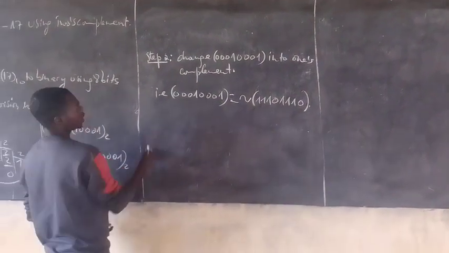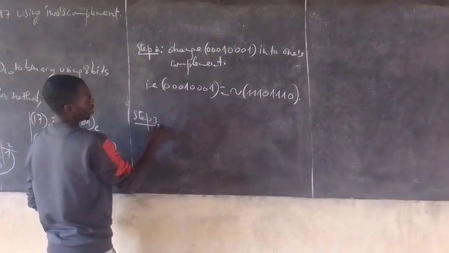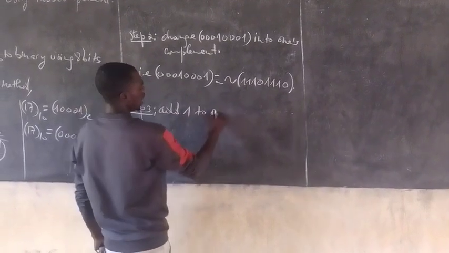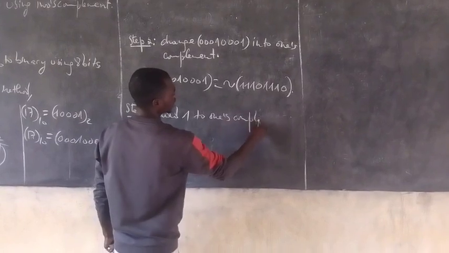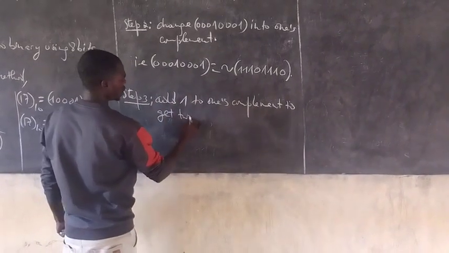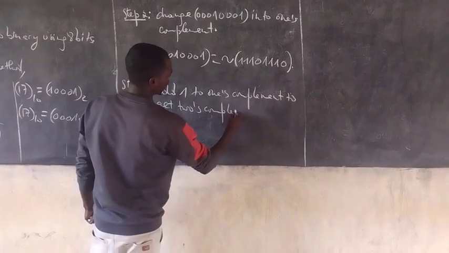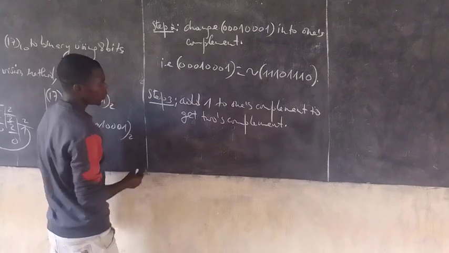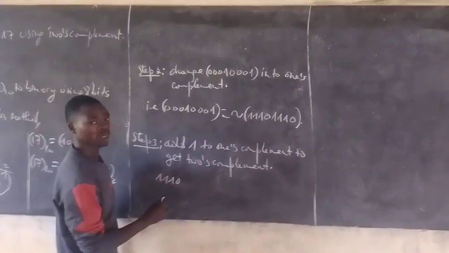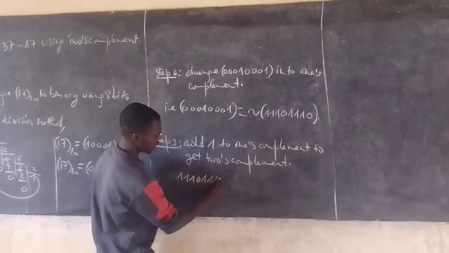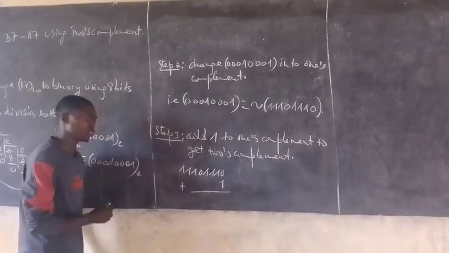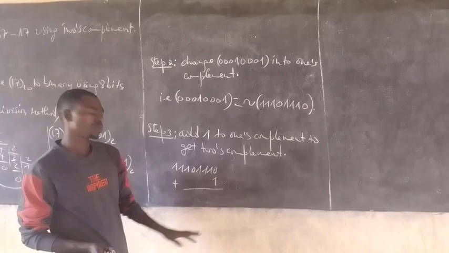So now, step 3: add 1 to the 1's complement to get the 2's complement. So here we take 1, 1, 1, 0, 1, 1, 1, 0 plus 1. So now, what you have to remember is that we are